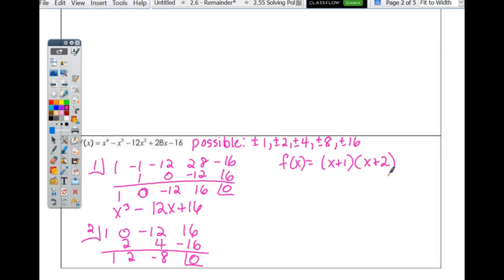And so if this was x to the third, what's this now? So I have x squared plus 2x minus 8. Does that factor? Yes. So I get 4 and negative 2. So my zeros